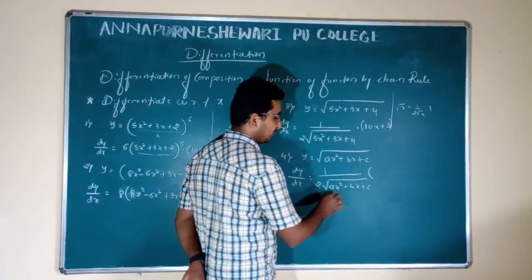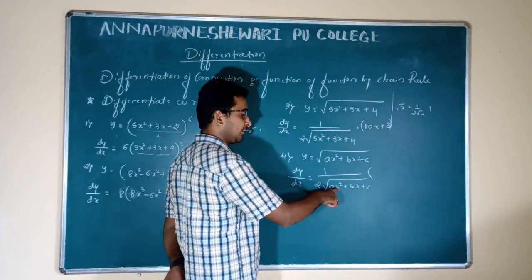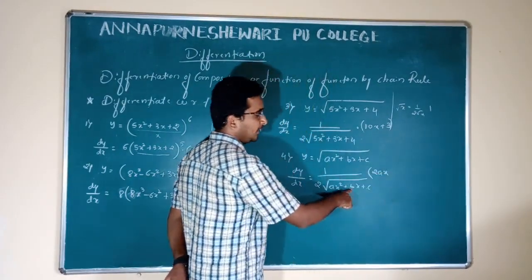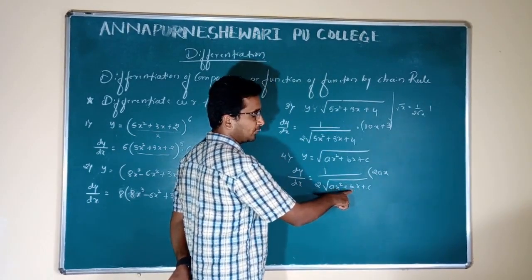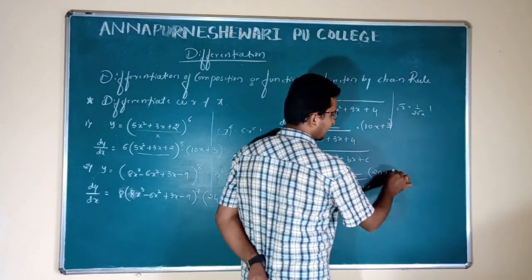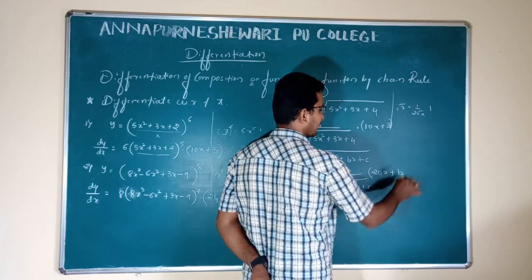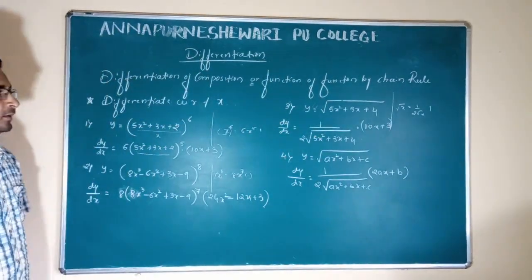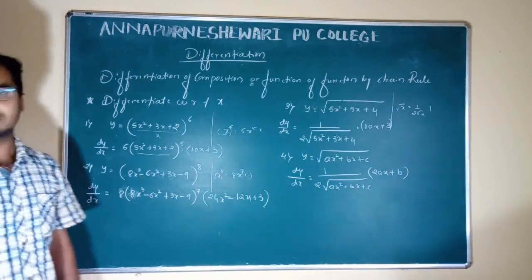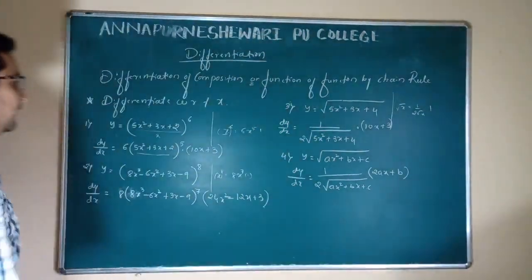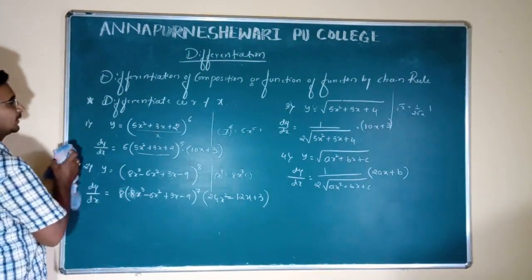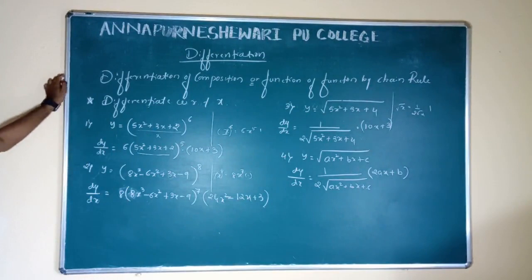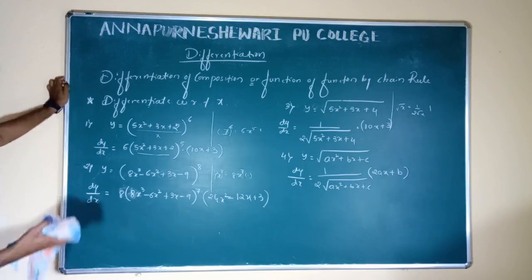Ax square: keep the a as it is, that is the constant. The x square term gives 2x. It means what you get? 2ax. Here b is a constant with the x variable. The differentiation of x is 1. Then b times 1 is b. Then differentiation of c is 0. Like that we have to do. Getting? So these are all the basic examples we are learning now. So I will take one more example. So you can take the notes by pausing the video, then you have to note it down.